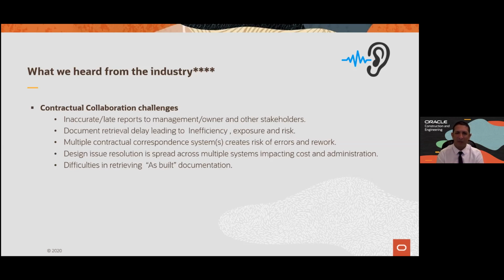Then when we talk about design issue resolution, all big projects will require model coordination. 3D models are the only way to build such a big system with complex systems. So we also want to solve the challenges that come with the actual model coordination. And then after delivering such a beautiful building,